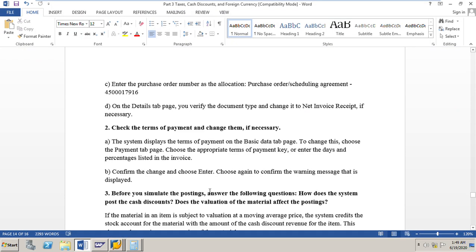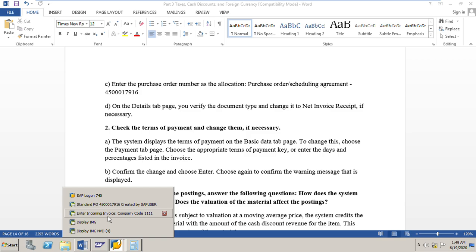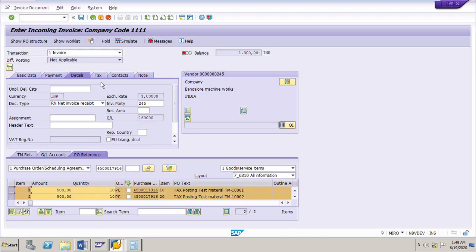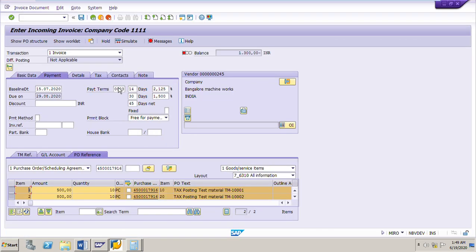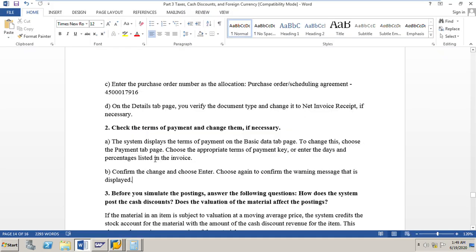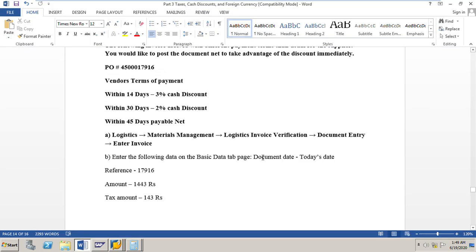Now check the terms of payment and change them if necessary. We have already seen the terms of payment. If we see the payment tab page, as per the PO it is 0003, which is within 14 days 2% cash discount, within 30 days 1.5%, but the vendor has given a higher discount: within 14 days 3%, within 30 days 2%, within 45 days net.